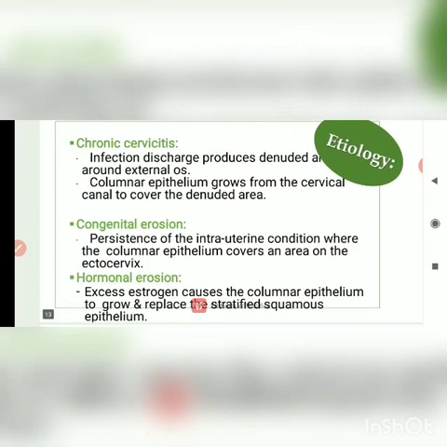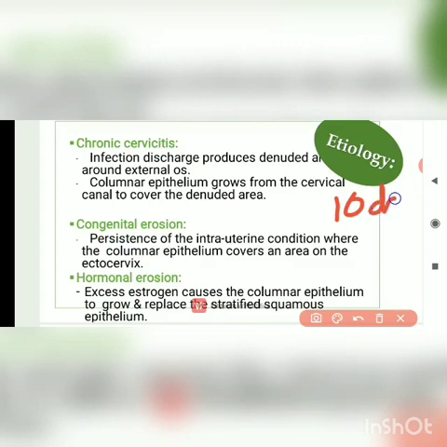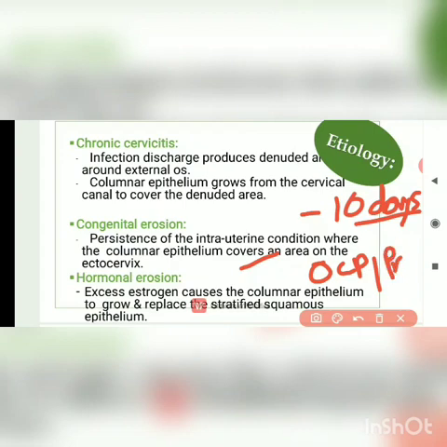It can be congenital or it can be acquired. Congenital is when there is presence of estrogen in the child. As you all know, estrogen will be present in a newborn female for up to 10 days because of placental transfer of estrogen. After 10 days, the estrogen slowly reduces. It can be congenital, it can be acquired. Acquired mainly due to OCPs or due to pregnancy. These are the two reasons.